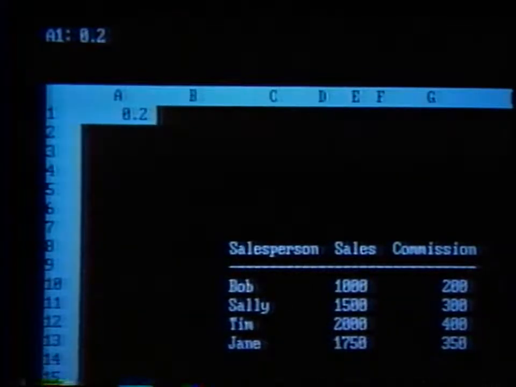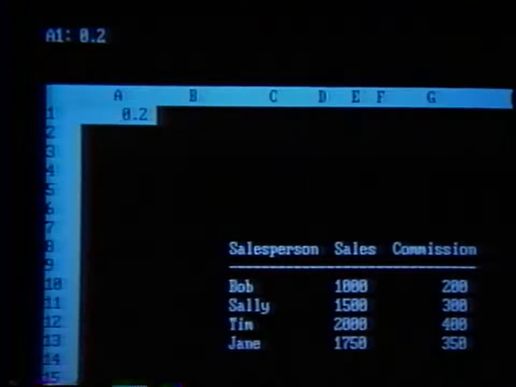On a paper spreadsheet, this would mean more manual calculations and some erasing. But by using a spreadsheet program on a computer, this is not necessary. With a spreadsheet program, the computer is first told that the commission is supposed to be calculated as 20% of the sales column for each salesperson, and it remembers this formula. To change the numbers, you simply tell the computer you now want the commission to be 22.5% of the sales,